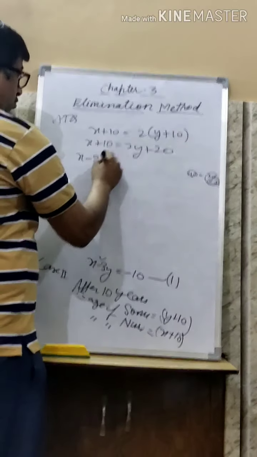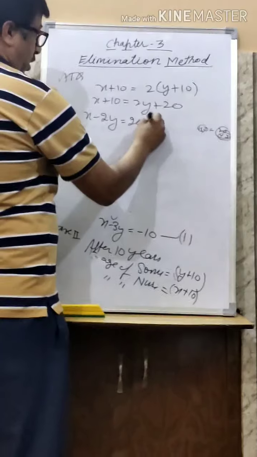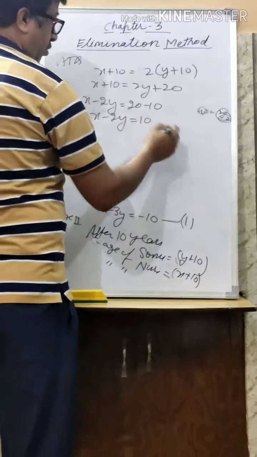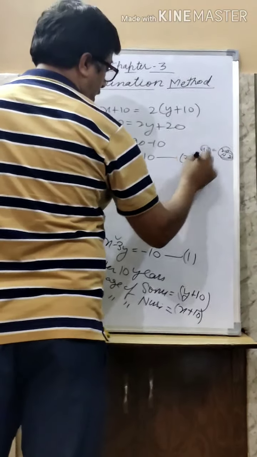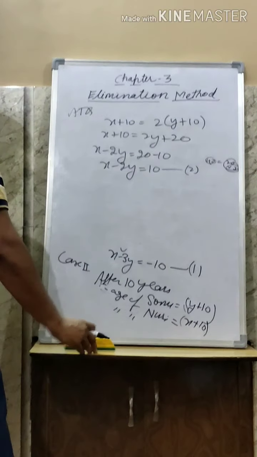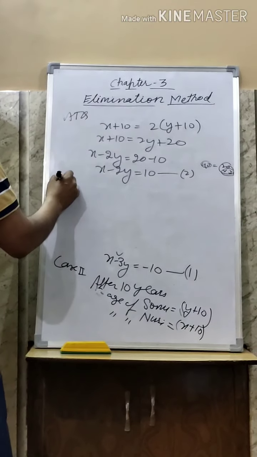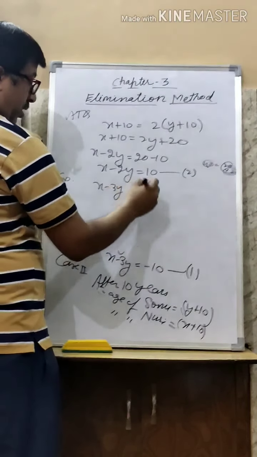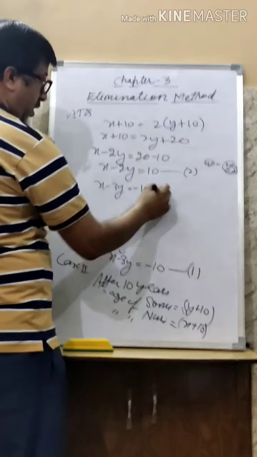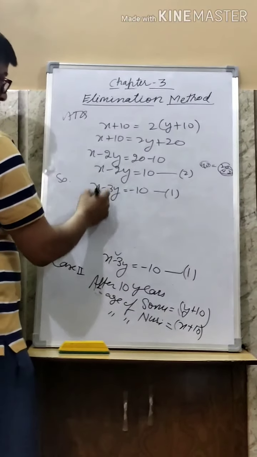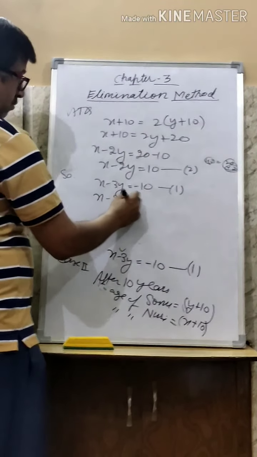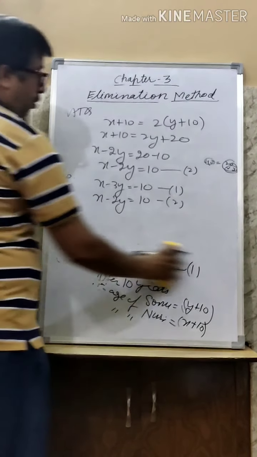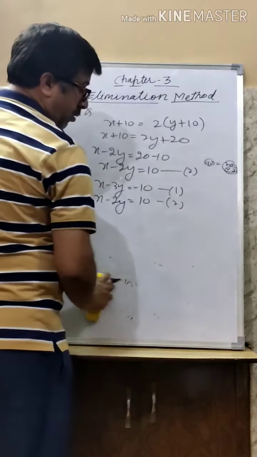So x minus 2y is equal to 20 minus 10. So x minus 2y is equal to 10. This is the second equation. So what do you say? First equation is x minus 3y is equal to minus 10. And second equation is x minus 2y is equal to 10. Now we have to solve by